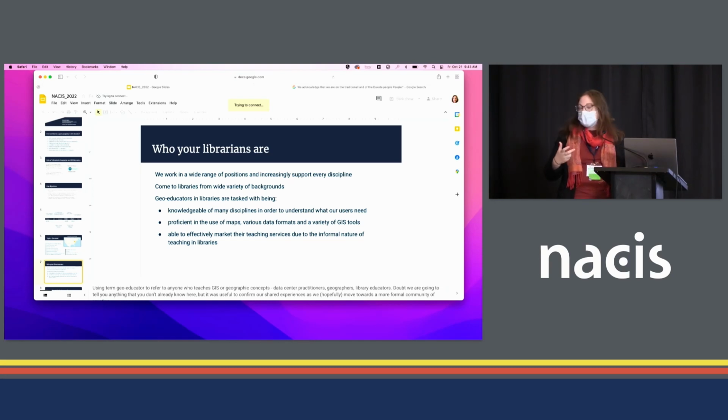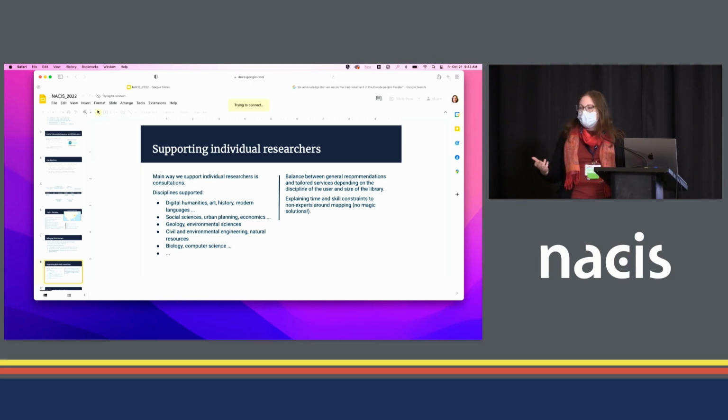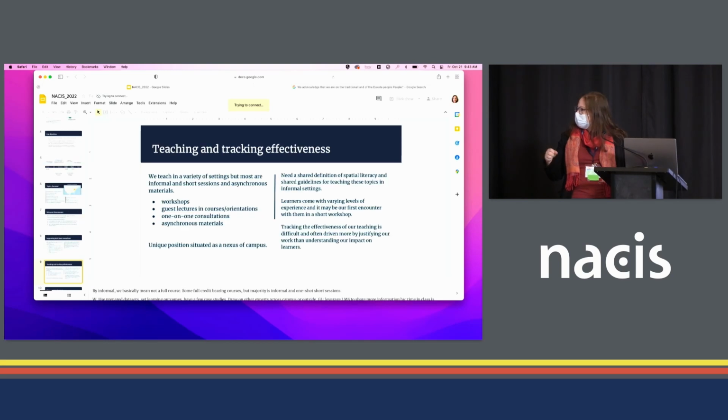And we are very eager and engaged in trying also to learn to support access to the tools you need. Things that I've learned as a librarian include Python, so I could support students who were coming to me to ask questions about how to build maps in Python. Also learning more about open, non-proprietary tools like QGIS and Leaflet that support the work that we do in licensed products like ArcGIS Pro or ArcGIS Online, to make sure that our students are able to meet all of the challenges that they face. And this includes also building the skills that we need to support individual researchers, meet them where they are with those needs and those disciplines, but also in terms of making sure that our teaching is effective.